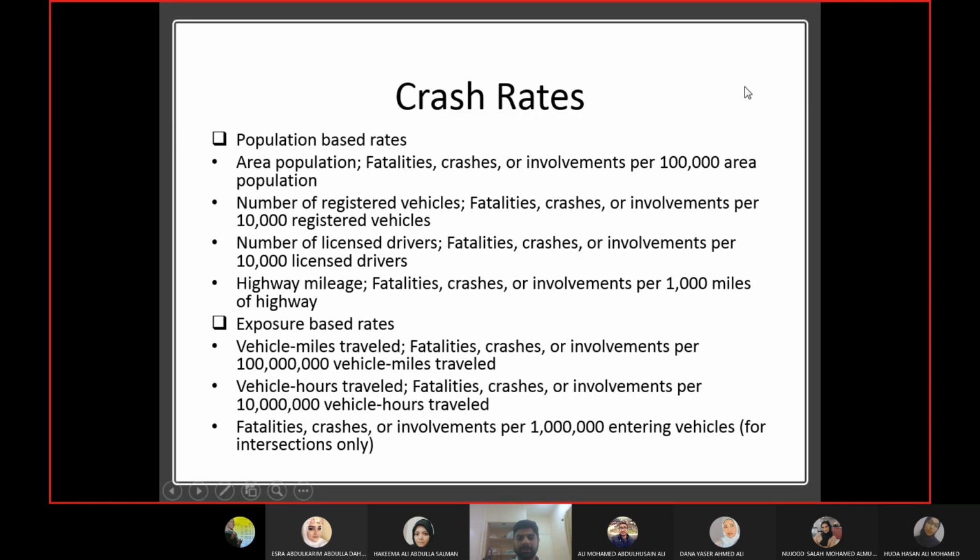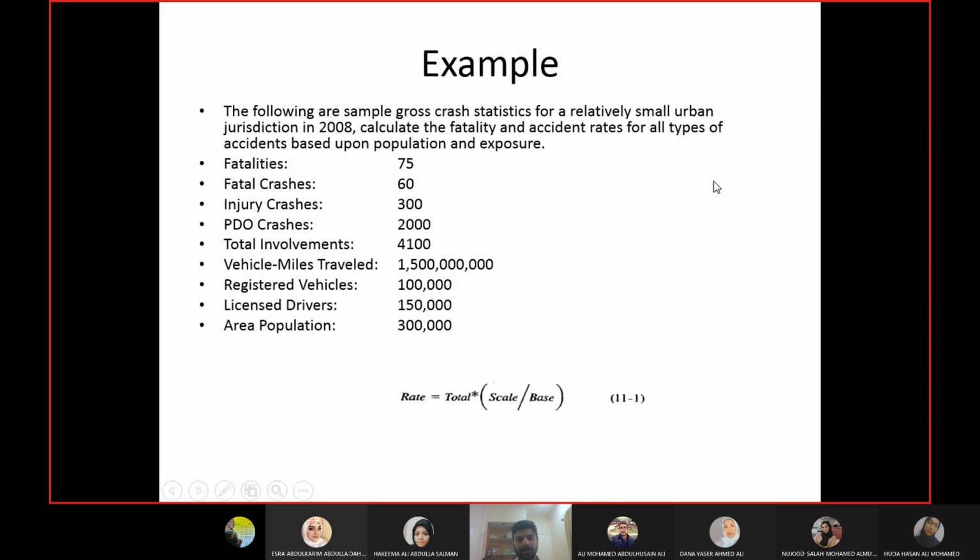With each parameter we have a scale, because without the scale, if you just divide by the number, then you will have a very insignificant figure. For example, if the population of this area is 300,000 and the number of crashes is just above 2,000, you will get a number which is 0.000 something. So we want to have some significant figure, so with every parameter we have added a scale. Whenever you are dividing with that parameter, you have to multiply with that relevant scale as well.